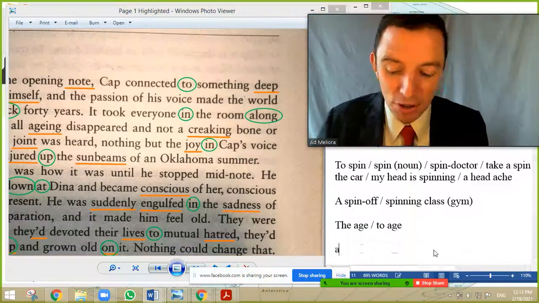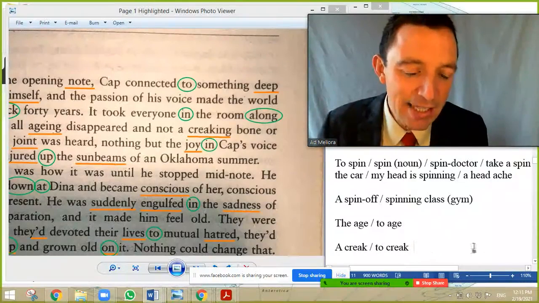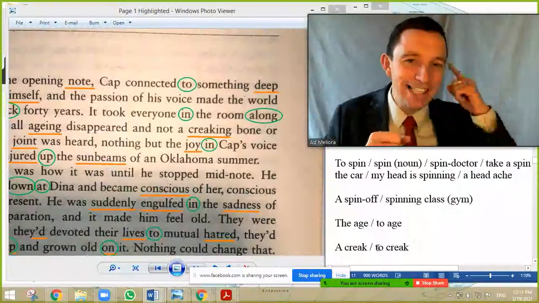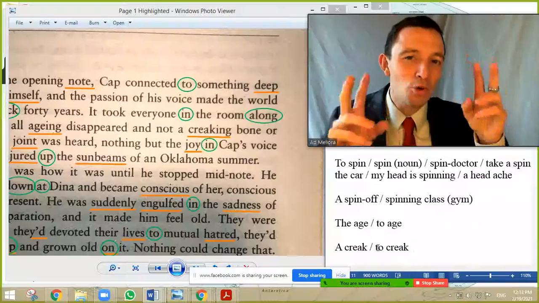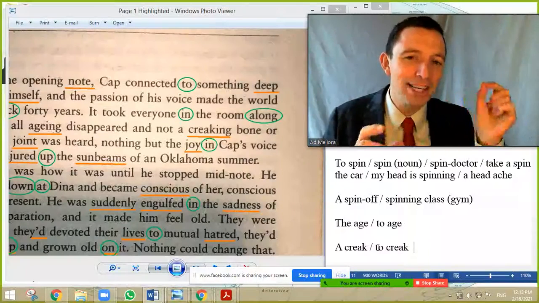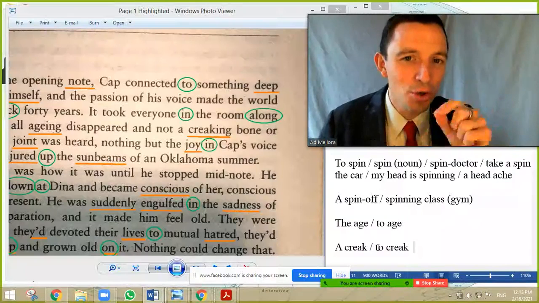But we have a substantive, a creak, the verb to creak, and typical with the door. So when you open the door and the sound is old and you have a problem with the oil and the rust, oxidado, and you open the door and the noise is a creak, like a little creak. So it's a little strong noise to creak.